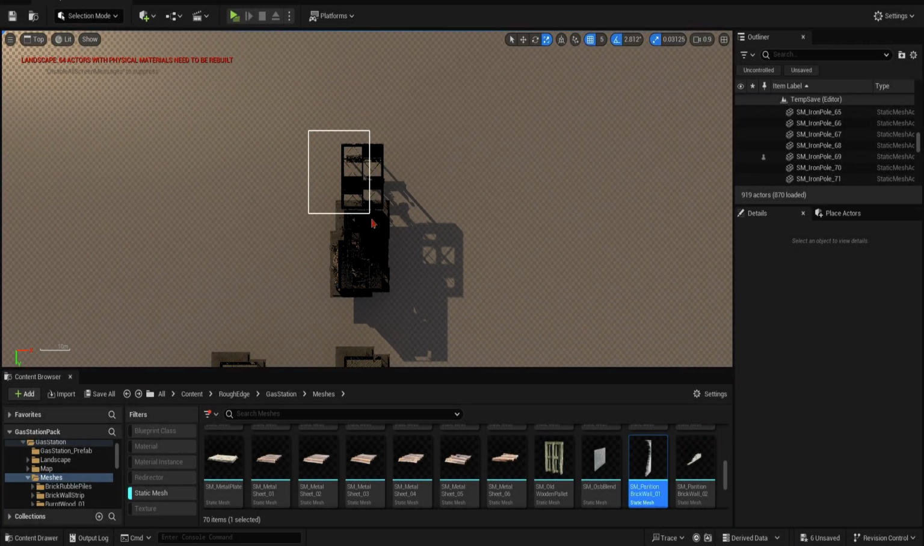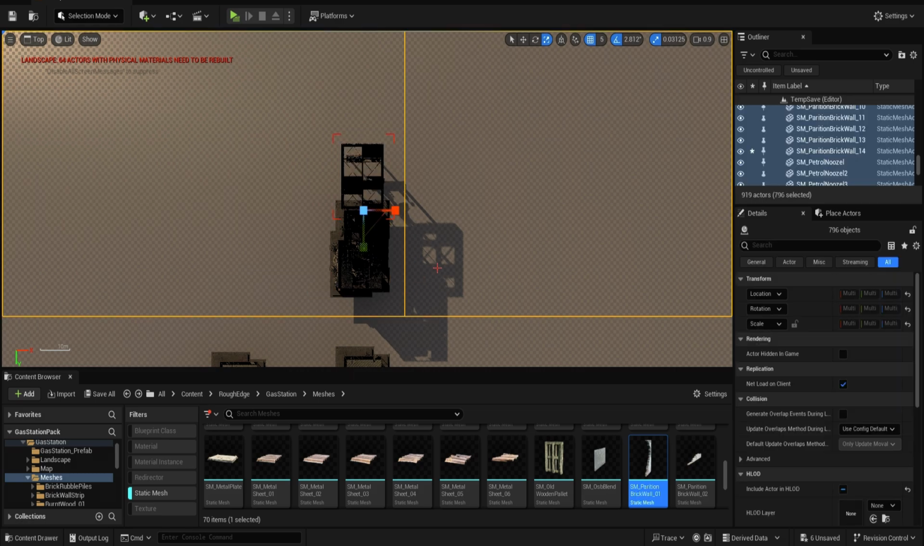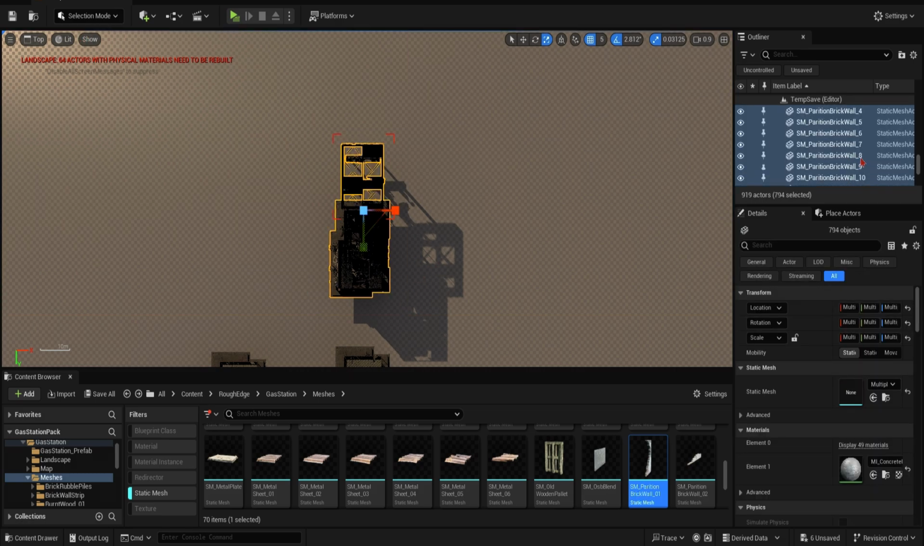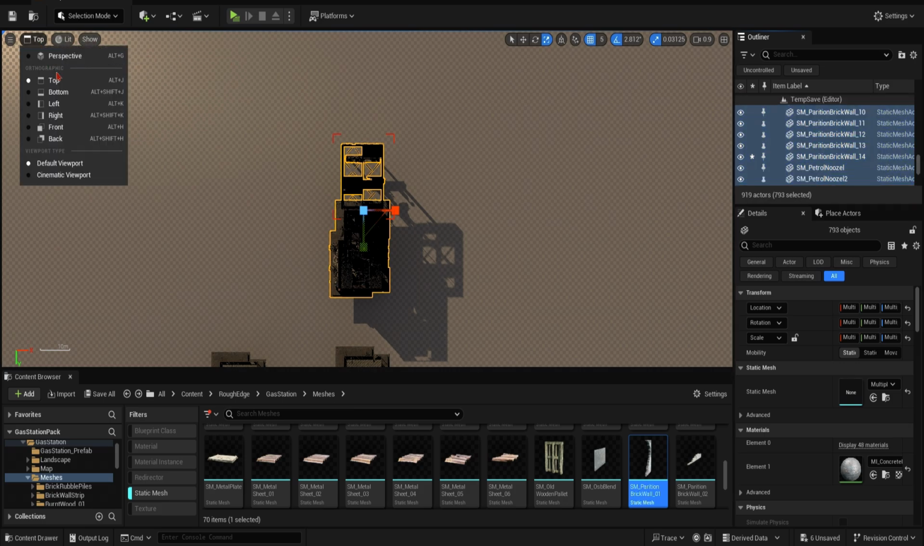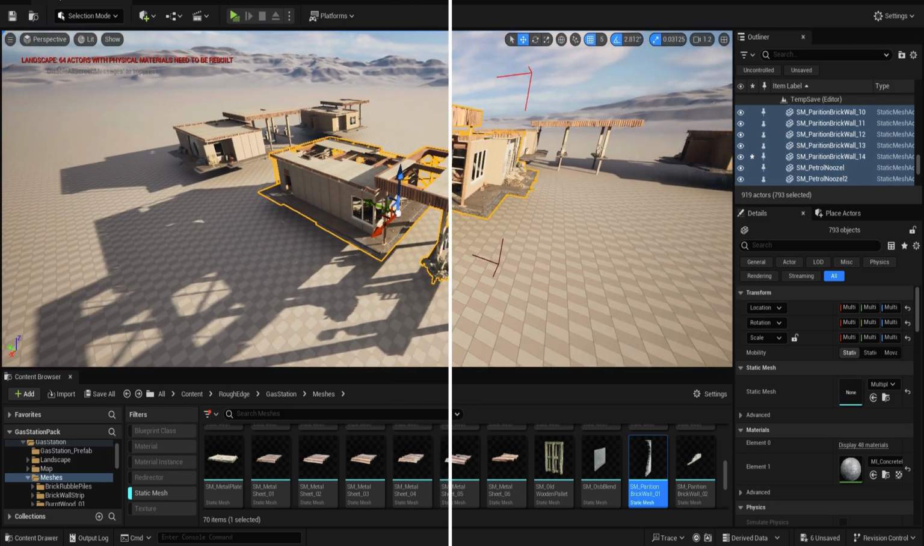Once you are finished with your new prefab, select all the assets. Make sure nothing else is selected by using the world outliner. Once you've made sure you have nothing but the gas station selected, go ahead and convert the static meshes into